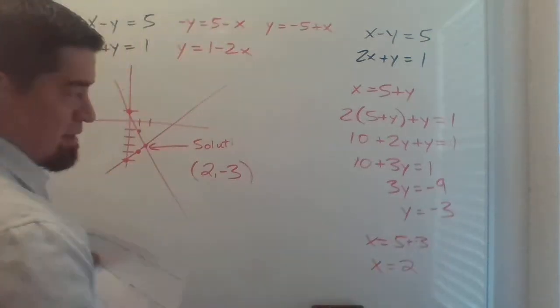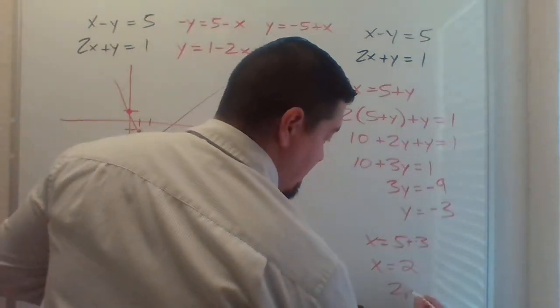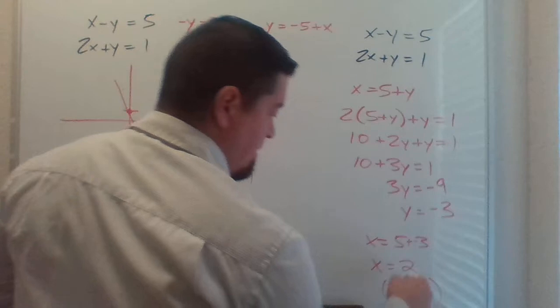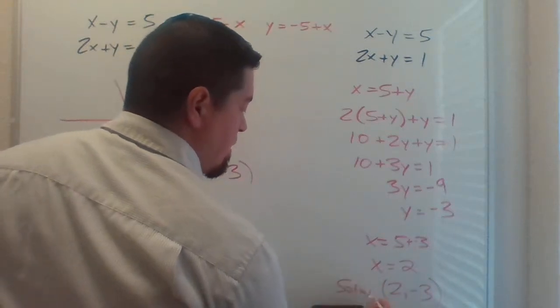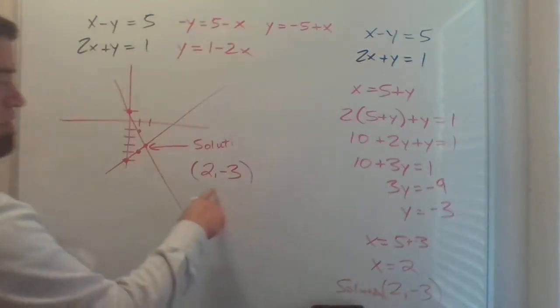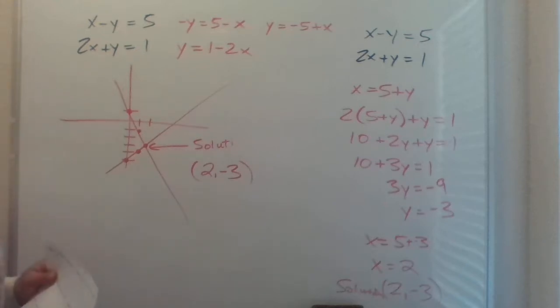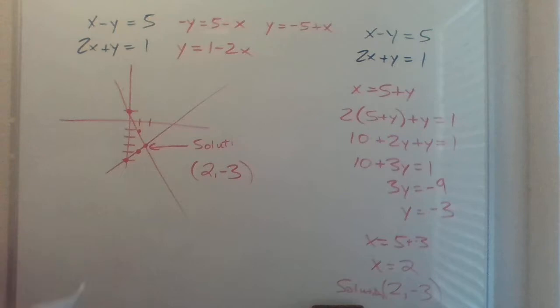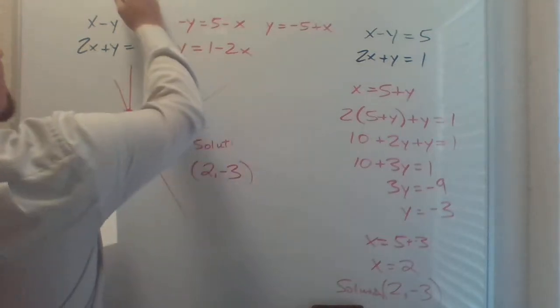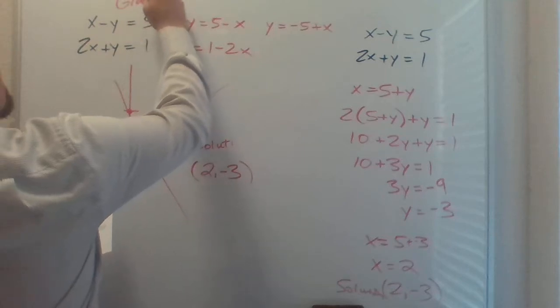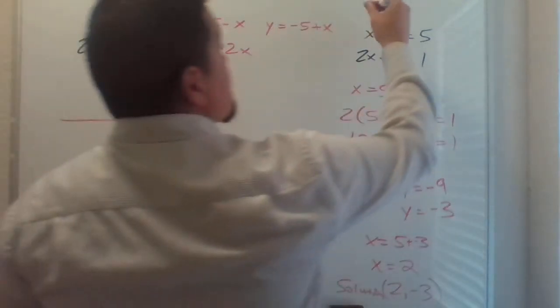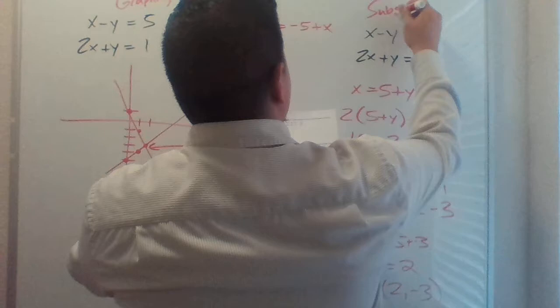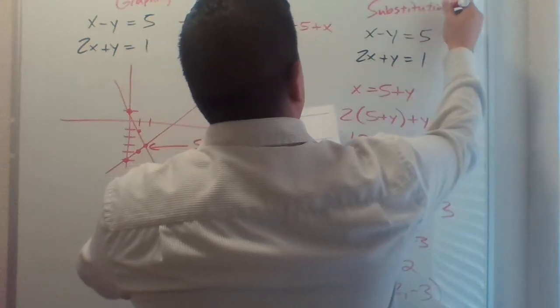And guess what? That's going to be a coordinate. That's my solution. And I told you it just so happens to be that that's the intersection. So again, the solution to these are intersections between the two graphs of these. Okay, so this method we call solving by graphing, and then this method we call solving by substitution. Okay,